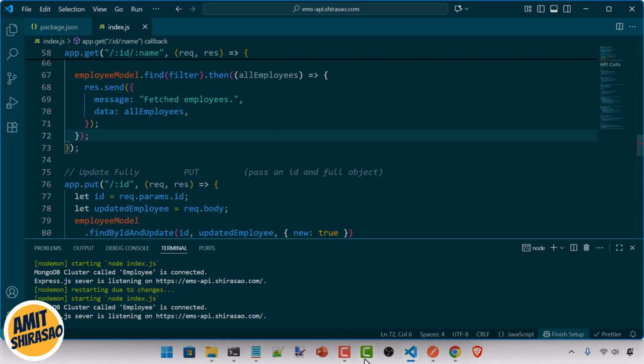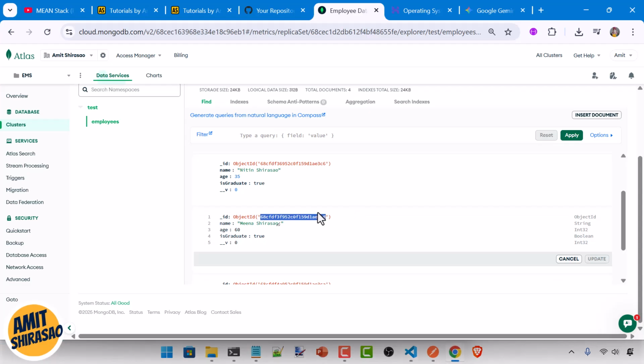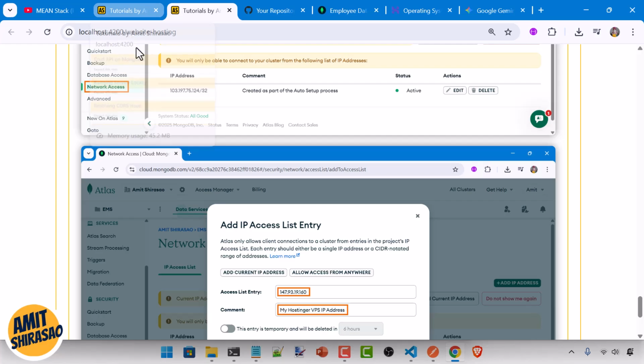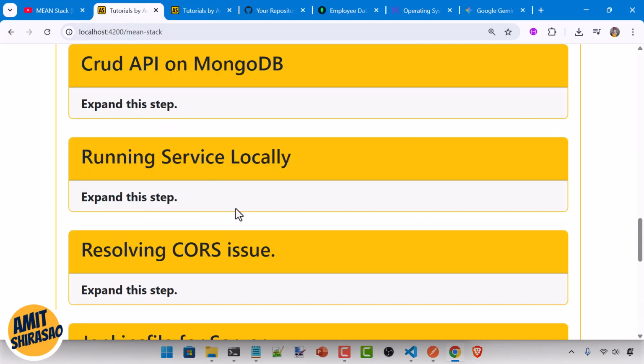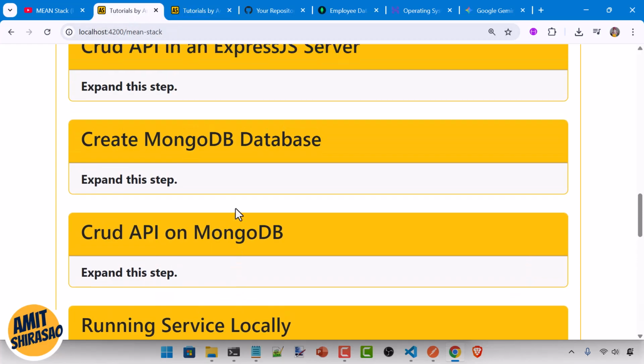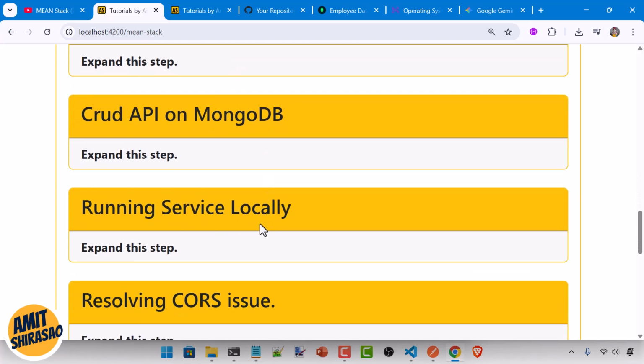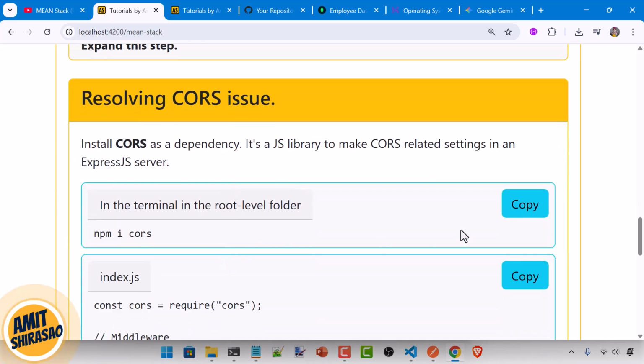Then what? I think we are towards the end of service development. How much did I develop? Yeah, this thing is done. CRUD calls are done. Running it locally is done. Now resolving the CORS issue, very simple. You just copy this,